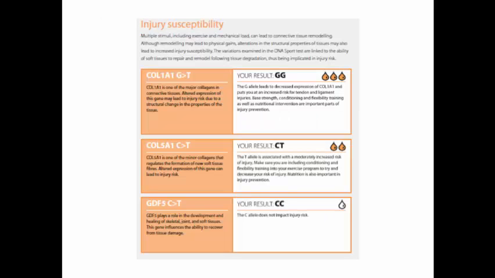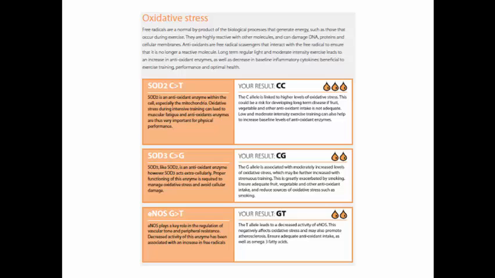The report then goes into each section in more detail. Each gene is described and the impact of the individual results is given, along with basic recommendations. The same is done for inflammation and oxidative stress, but within oxidative stress, I just want to point out that SOD3 and ENOS have been added to this section. You would recognize these two genetic variants from DNA Health, but they've been added to DNA Sport as well in order to give a more well-rounded profile of how an individual may respond to oxidative stress and whether their antioxidant